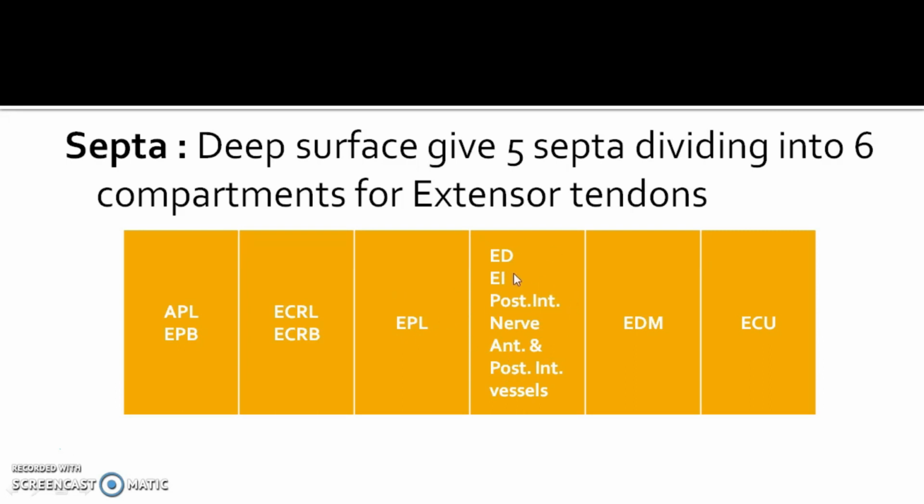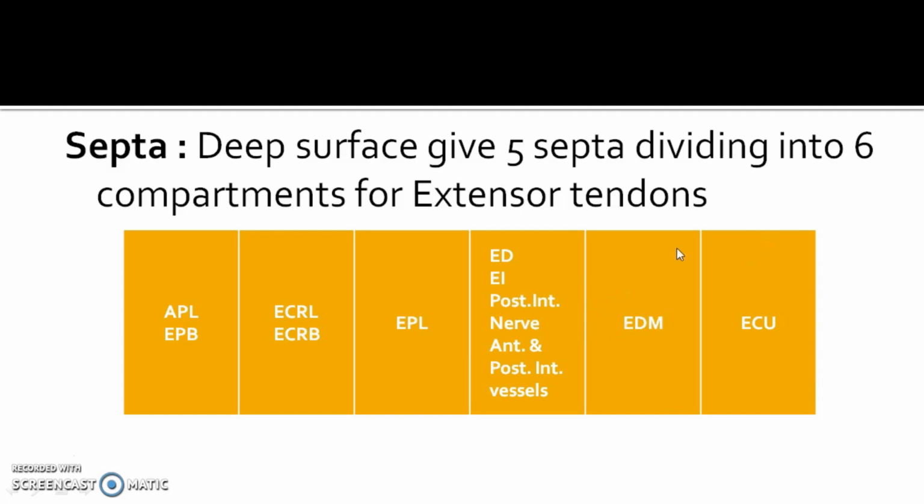In the fourth compartment we have muscles along with vessels and nerve. The muscles are extensor digitorum and extensor indicis, then we have vessels such as the posterior and anterior interosseous vessels, and the nerve is the posterior interosseous nerve, which is a deep branch of the radial nerve. So the tendons of two muscles, extensor digitorum and extensor indicis, the nerve is the posterior interosseous nerve, and the vessels are the anterior and posterior interosseous vessels. And in the fifth compartment we have the tendon of extensor digiti minimi passing,